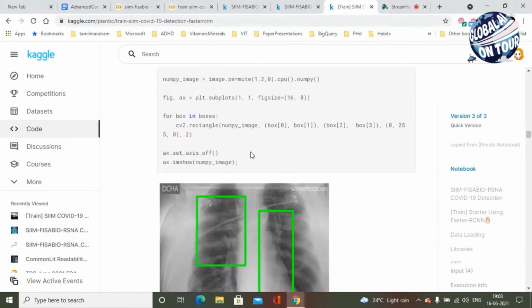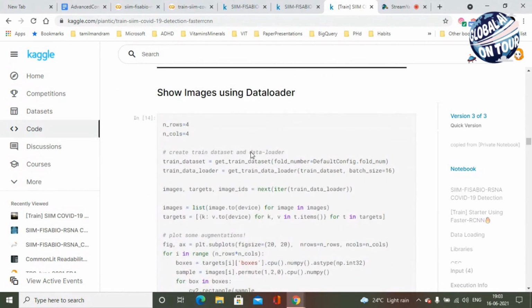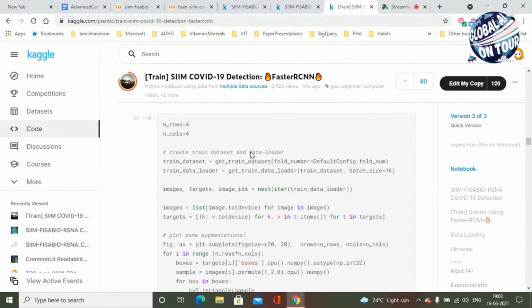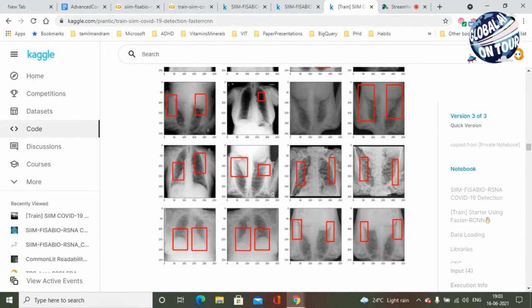Now that we have finished the data sets, we can convert the data sets into a data loader, because data loader comes with a lot more utility functions which will help you build a much more efficient pipeline. So I'm using this get train data set. First, I'm creating a train data set. Then I'm converting this data set into a data loader. So once I get the train data loader, you can do the iterations very easily, and there are a lot of other operations which you can do very easily using data loaders.